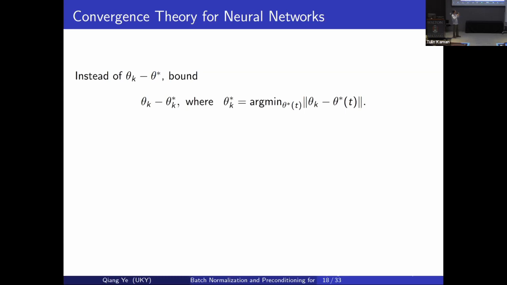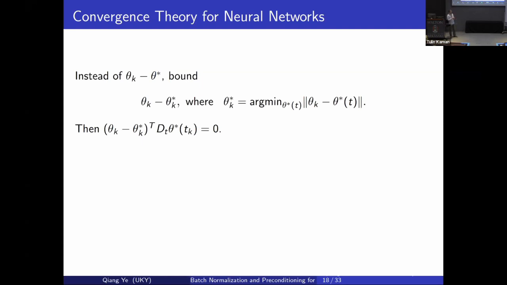So instead of looking at the error between theta k and a fixed local minimizer, theta star, I look at the manifold going through theta star and find the point closest to theta k, call it theta k star. So theta k star is the point on that local minimizer manifold that's closest to theta k. Then theta k minus theta k star